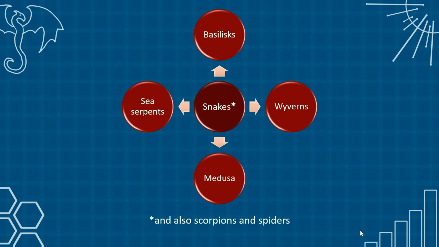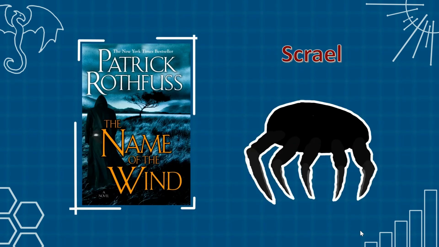An example of a purely destructive monster is the Skindancer from The Name of the Wind, written by Patrick Rothfuss. These are spider-like creatures that are very dangerous because of their razor-sharp teeth. Their lethality is created by their tendency to travel in groups, making an encounter with them very hard to survive.